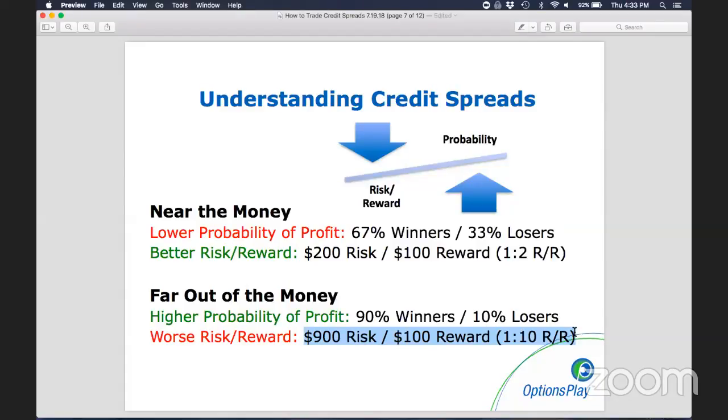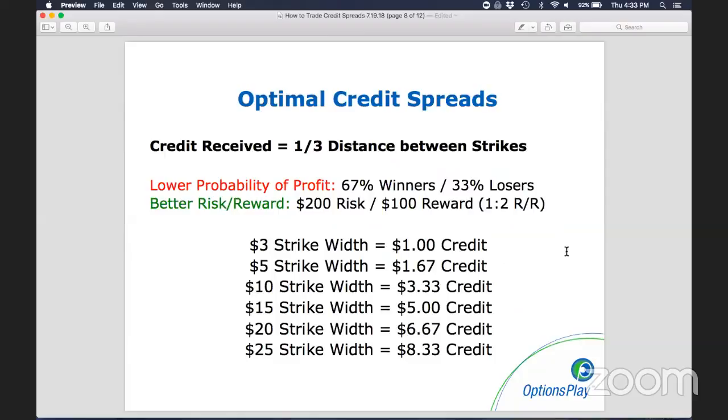And that was the question that we tried to answer here: how do you actually select what is the right balance? We searched for all different types of strategies. We did a lot of back testing on these types of strategies. And the general consensus for this type of strategy is to use the distance between the strikes as your gauge. The optimal strategy really is to try to receive roughly a third of the distance between